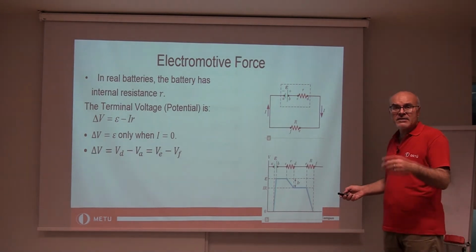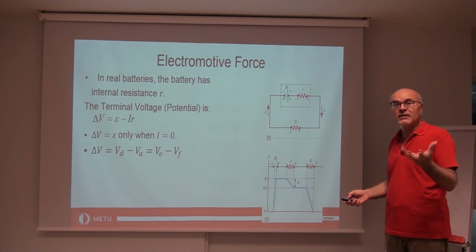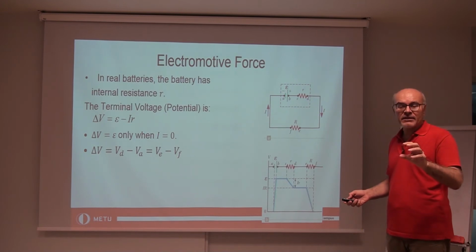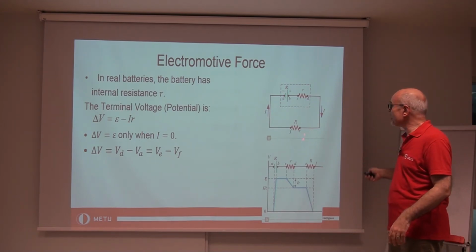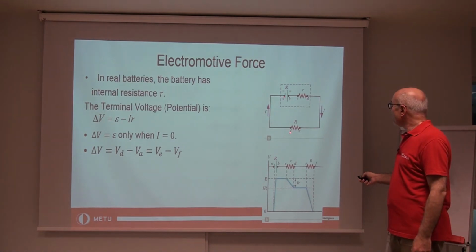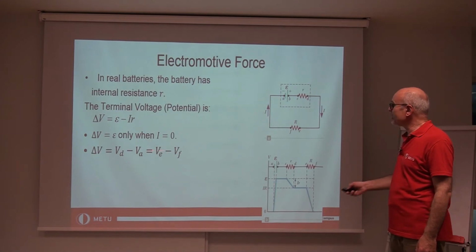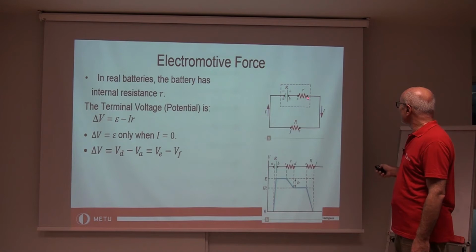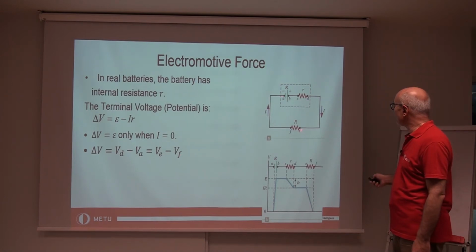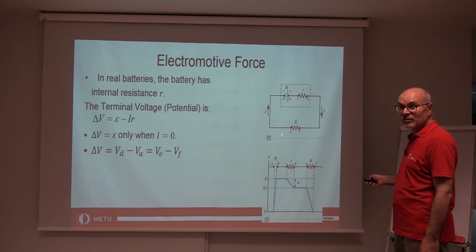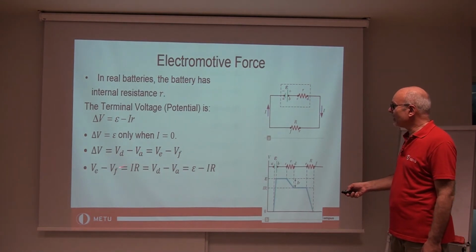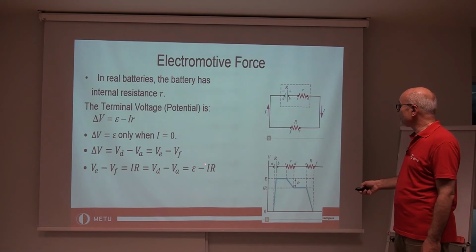Now, let's find the fundamental equation for a circuit that contains a real battery, that is, an electromotive force plus internal resistance, and a single load resistance. Again, point A and point F are at the same potential, and point D and point E are at the same potential. So VD minus VE is equal to VE minus VF. Note that E is now at higher potential with respect to F, because this is how the current flows. And if you substitute for VE minus VF, IR, and for VD minus VE, E minus Ir,